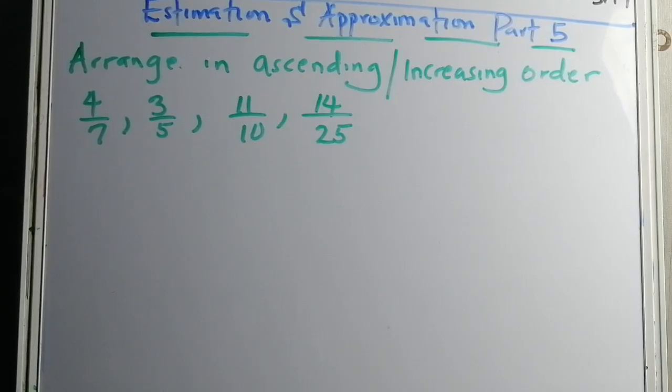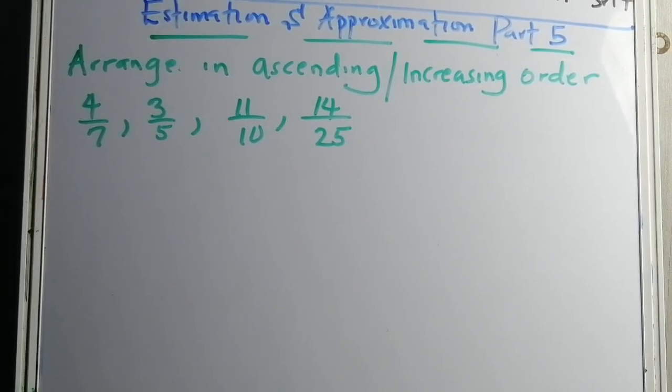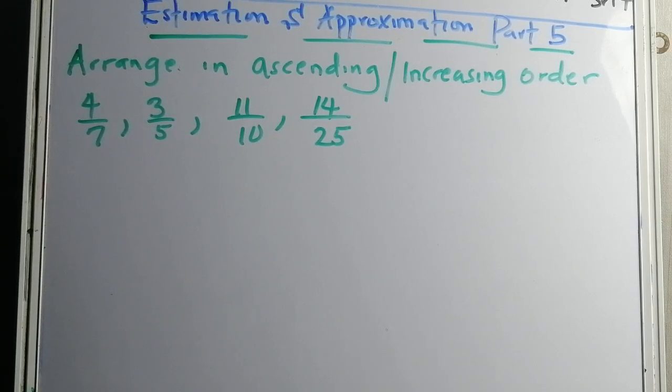Yeah, this is estimation and approximation part 5. It's just to solve examples under ascending or descending order, so that we can see, at least, just to buttress what I mentioned in part 4. Like I said, this part is very simple. We won't dwell too much on it, but it's just to solve this question and some other questions too, so that we can know that yes, we're taking care of